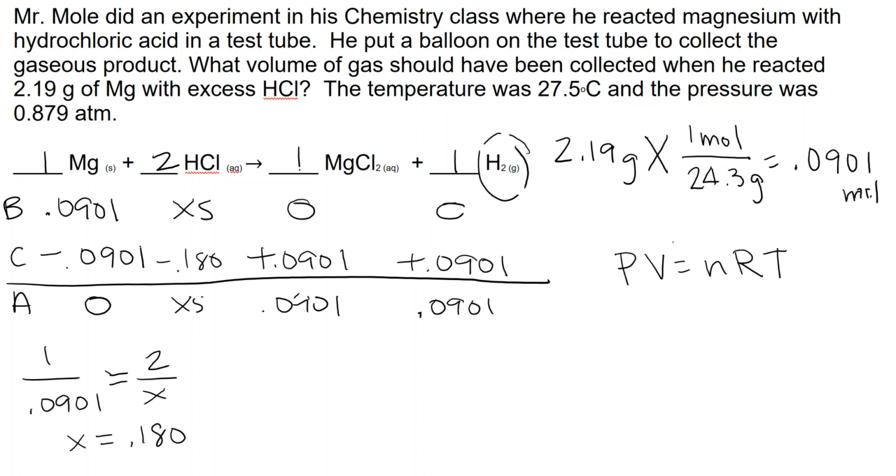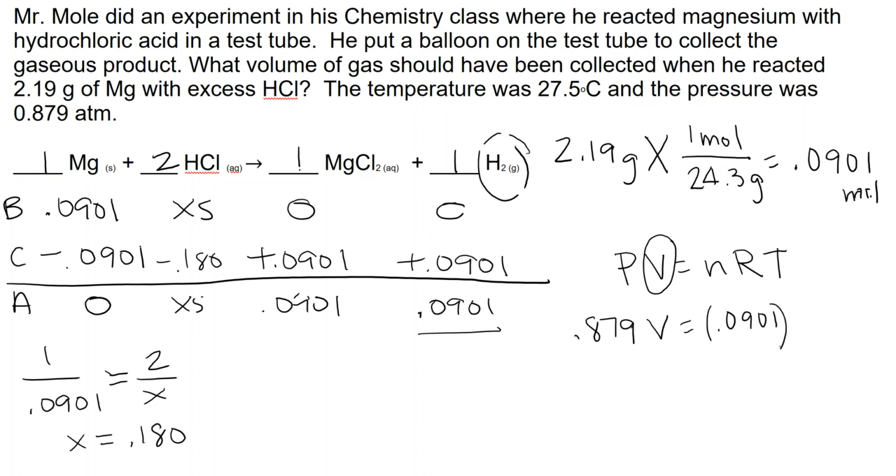We also know that the final question is asking for how much volume. The pressure is 0.879 atmospheres times V, because that's what we're solving for. N is the number of moles of hydrogen gas. So we pull that out of our BCA table,